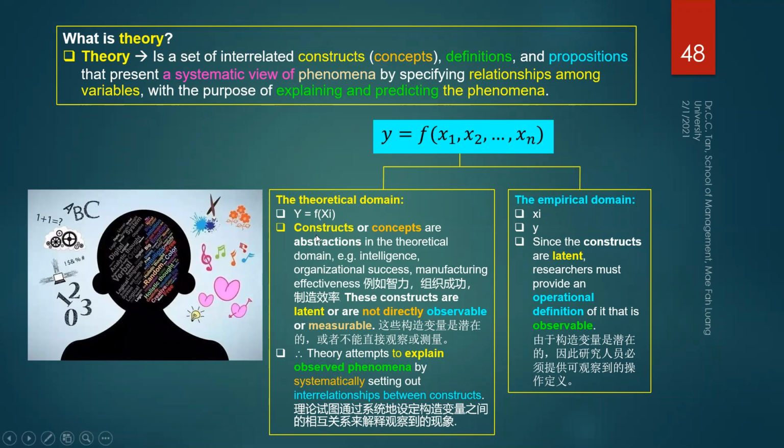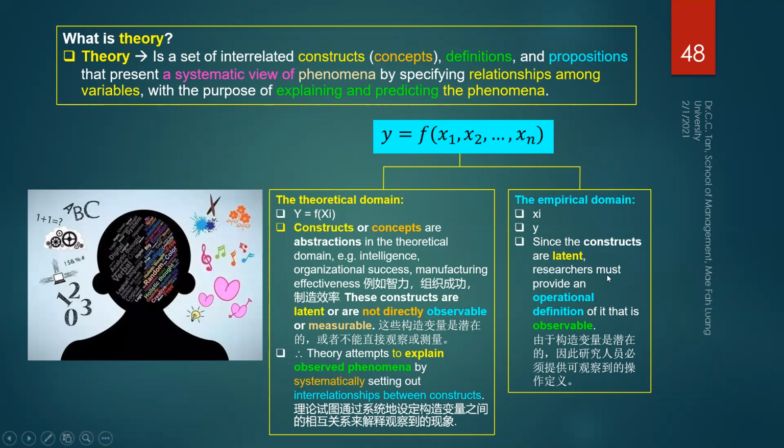So Xi and Y are concepts. You have to operationalize them. You have to provide a good definition, because these concepts we call abstract concepts. Abstract big Y, abstract big X. They are called latent constructs. And for these latent constructs, we need to have a definition and bring that definitional term into the theoretical context, based on the theoretical context and based on the application, and translate it into data, operational terms.